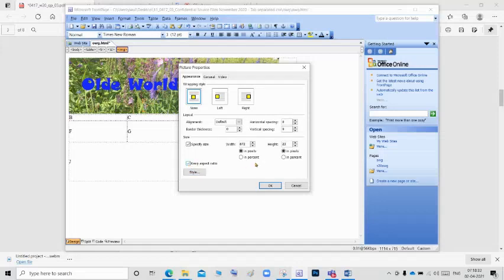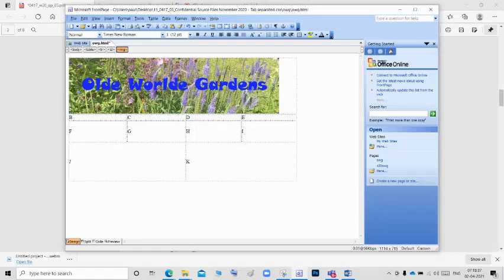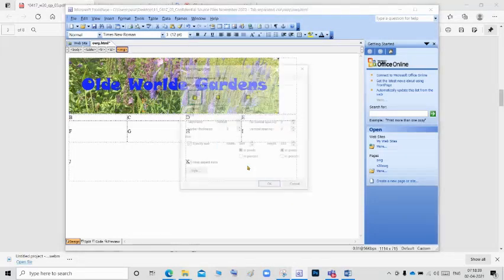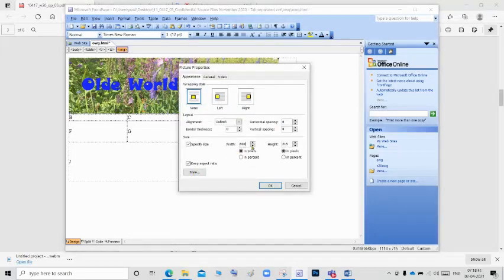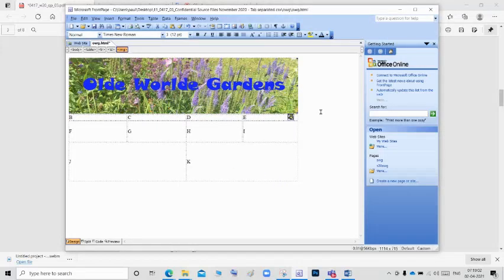I will explain more. Right click, picture properties. If I am giving 872, we cannot change the height. If I am changing the height as 215, see, it will come like this. So what we want to do is untick keep aspect ratio, and now we can give the width 872 and 215. After that, tick keep aspect ratio. Click OK. So now we inserted the image.